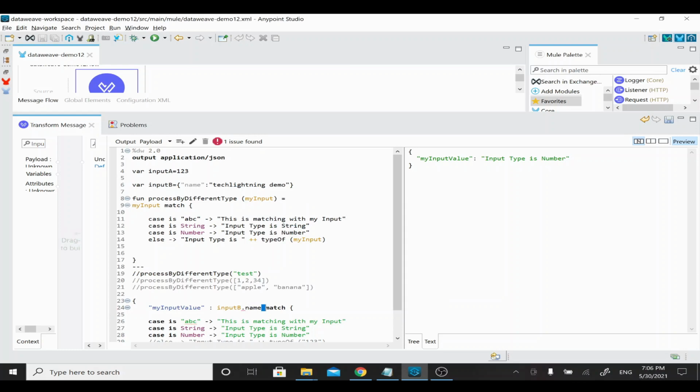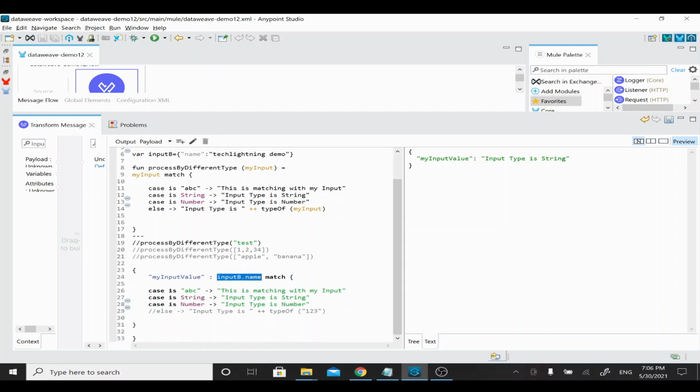That is a string, tech lightning demo is a string, so it's matching. We are trying to access one of the fields in the object, which is tech lightning demo, and it matches with input type is string. So this way you can directly validate any of the fields in your payload as well.